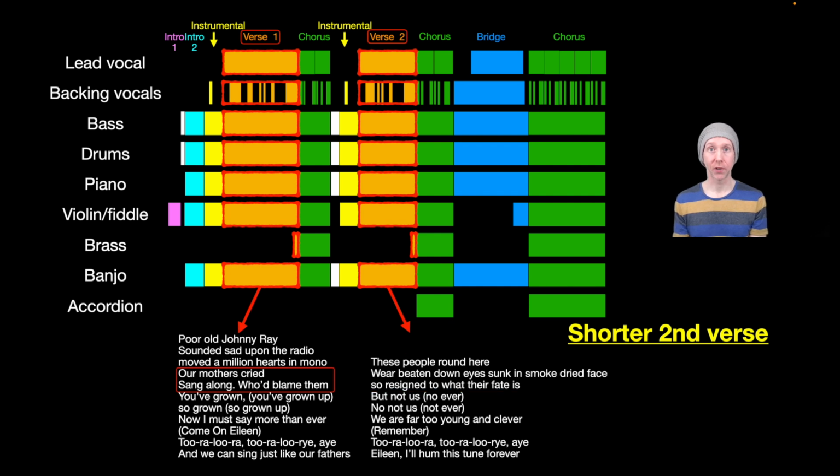The shorter second verse is a common technique used in many songs, and here it achieves two things. First, it creates variation, which helps to keep the listener's attention. So when we listen to a repeated section in a song, if it is exactly the same as the first time we heard it, we're more likely to tune out. But if something different happens, it grabs our attention and pulls us back in, even if we don't consciously perceive